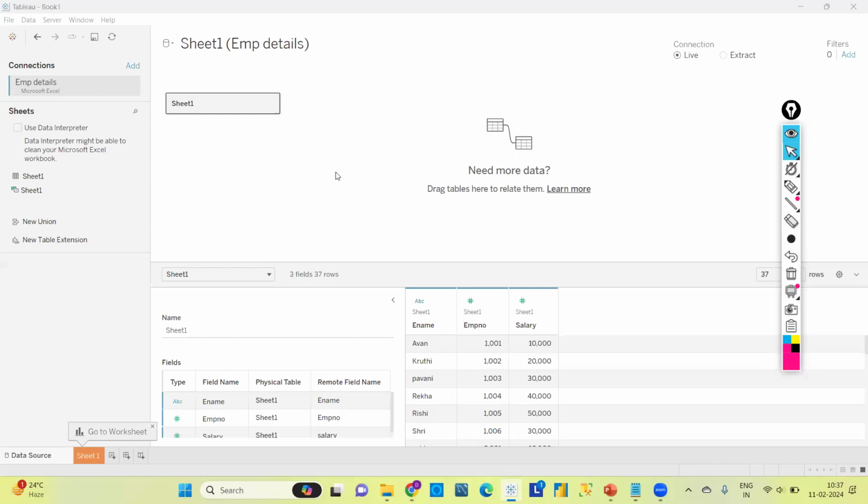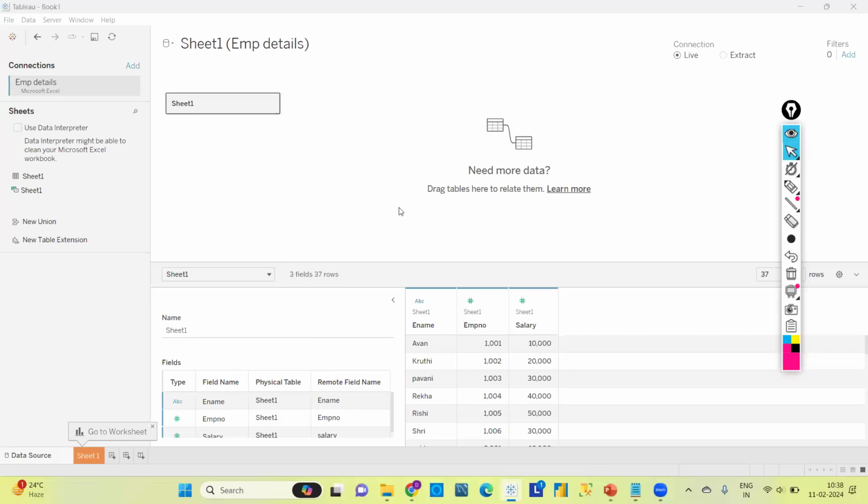And you may have a doubt, what is the need of data type? There are many graphs in Tableau, and to choose a graph specifically, we need this data type only. Like if we want to create a map, we want a geographical data type, and if we want to create a line chart, we need a date data type. Like that, we have few graphs like scatter plot, etc. We will see each and every one in detail. So we can understand what type of data is needed to create what type of graphs by using data types only. Okay.